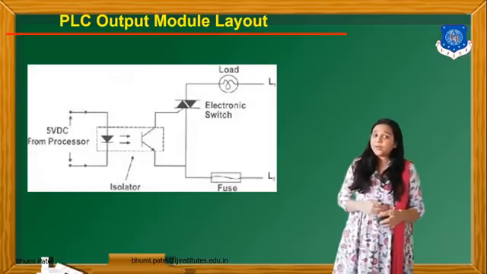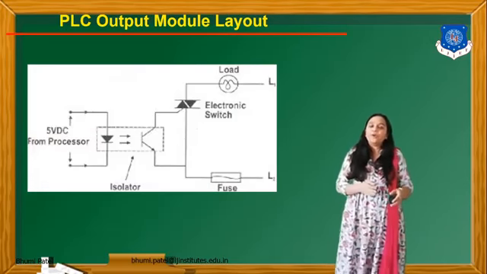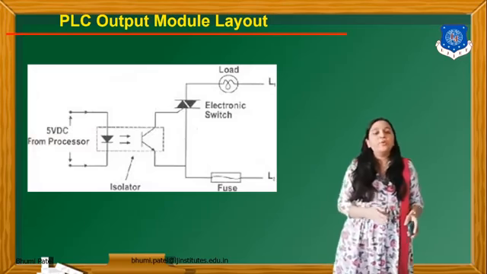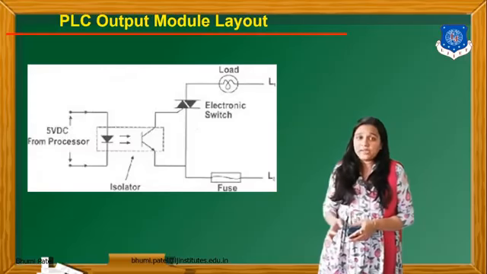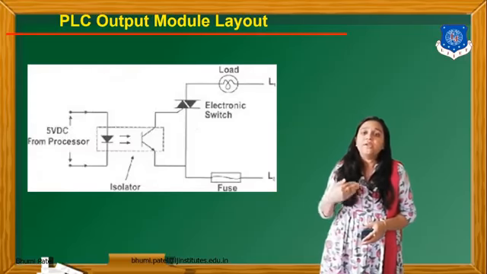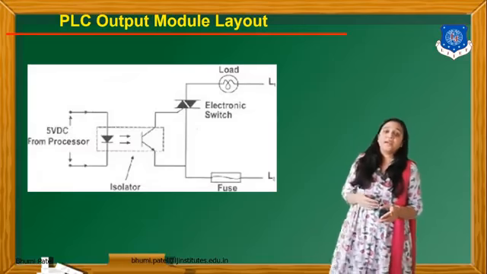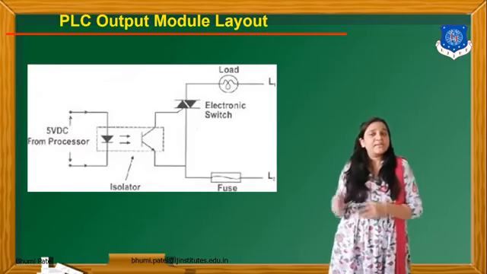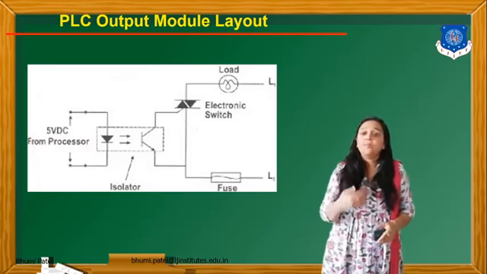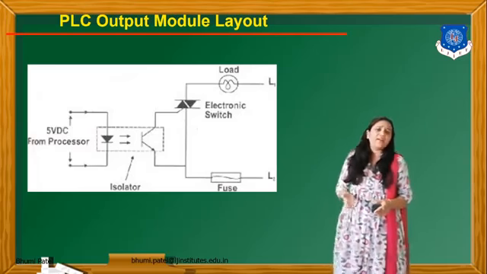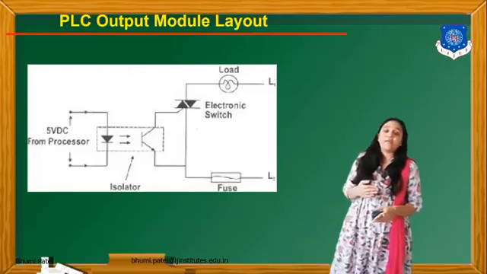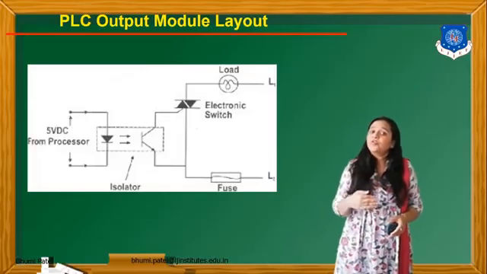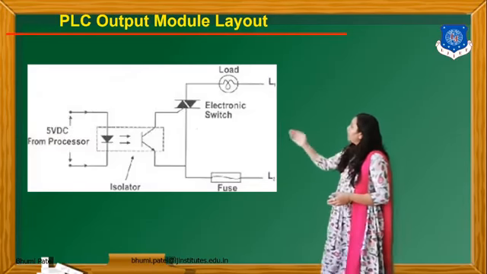So the basic purpose of the input and output module layout is that whenever the input is given to the input module, it is always from some type of sensor or the AC supply. First of all we sense the signal, then we must convert this AC supply to DC using the bridge circuit or other circuitry like an A to D converter, and after that whatever output is taken from the input module is given to the output module.